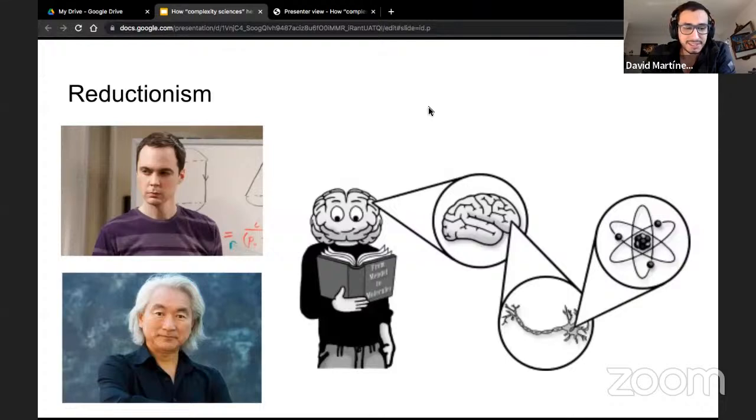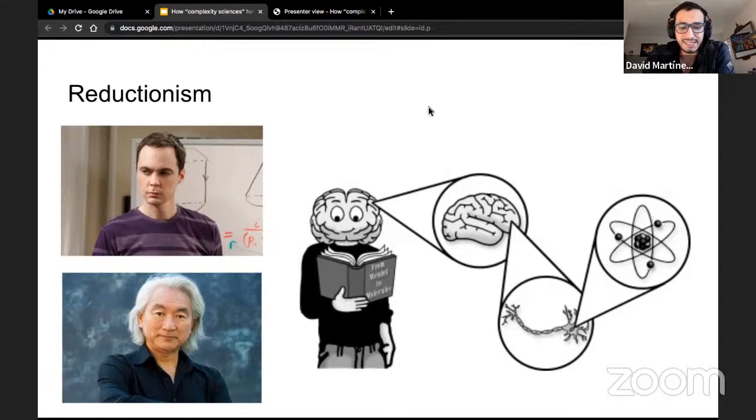The problem that I present today is that nowadays we use, almost in everything, a reductionist view and reductionism in approaches to solve the problems.